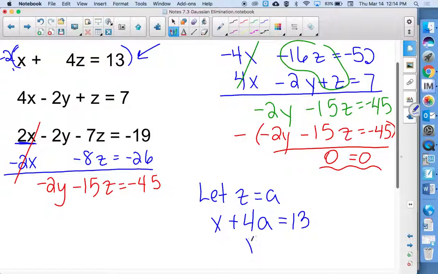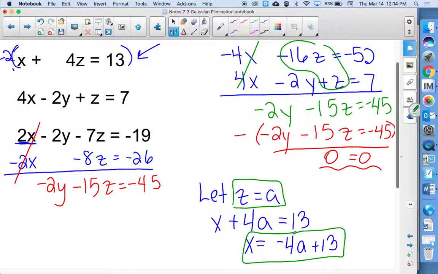So Katie, in this case, x would be equal to negative 4a plus 13. So now we have x written as a pattern with a, and we have z. So again, if you stay consistent and always start with z, let z equals a every single time. It's the last variable that you'll try to eliminate, but it's really that first variable that we're solving for. And now that we know z is equal to a and x is equal to -4a plus 13,